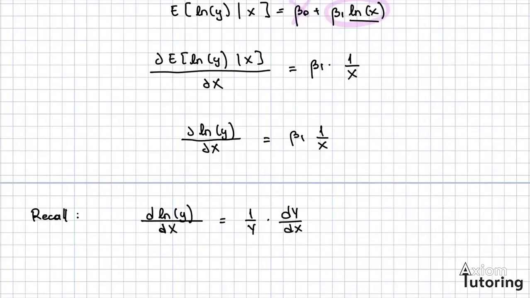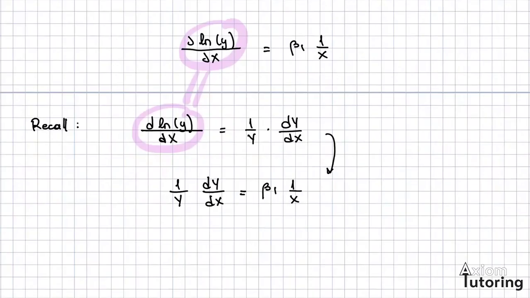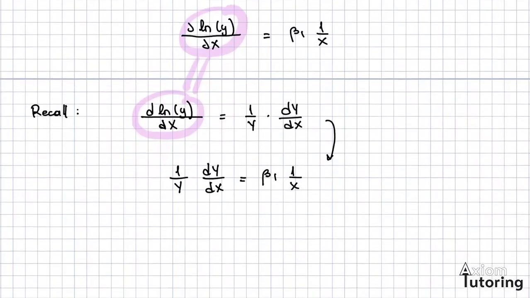If we rearrange this expression a little bit, then we will have 1 over y times dy over dx being equal to, because this expression is exactly the same as in here, so we can substitute. That means that the two right-hand sides are equal to each other. So this is beta 1 times 1 over x. Multiplying both sides with x,